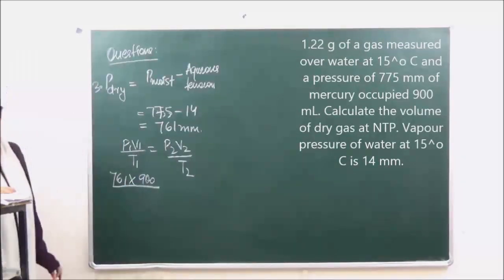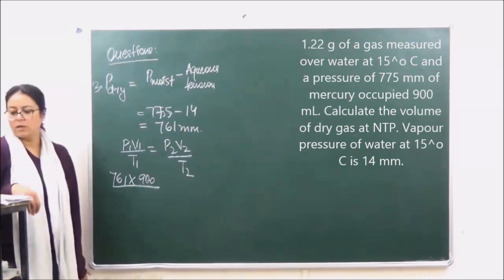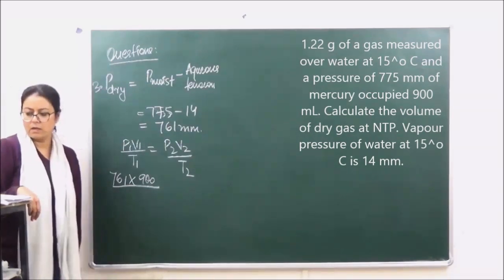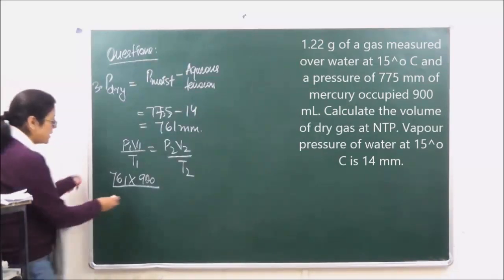T1 हमें क्या दे रखा है? What is T1 given to us? 15 degrees centigrade. So T1 will be equal to what? 288. T1 288 ही आएगा ना, upon 288,